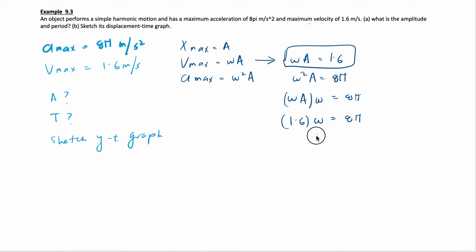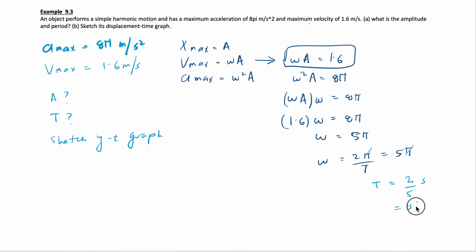8 pi, so I can solve for my omega. So omega is 5 pi. Okay, so you can use your calculator. 8 divided by 1.6 is 5, so I'm just leaving that pi there. Okay, so now I want to find the period. I already know what my omega is, right? So omega is equal to 2 pi over T, and we know that omega is 5 pi, right? So what happens here, I can cancel out the pi, and I can say that my T is equal to 2 over 5, or just 0.4,